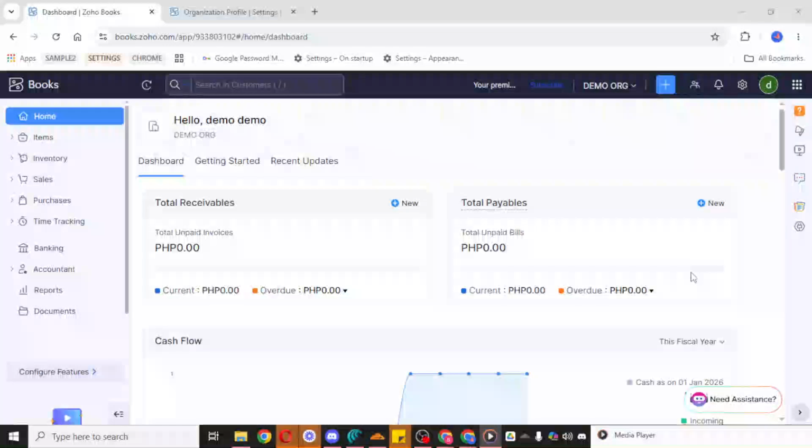In today's video, I'm going to teach you how to delete a customer in Zoho Books. If you need to clean up your customer list, remove an entry you no longer use, or simply keep your records more organized, Zoho Books makes the process fairly straightforward. In this walkthrough, I'll guide you through exactly where to go and what to click so you can delete a customer quickly and confidently. To begin, open your Zoho Books account and sign in.